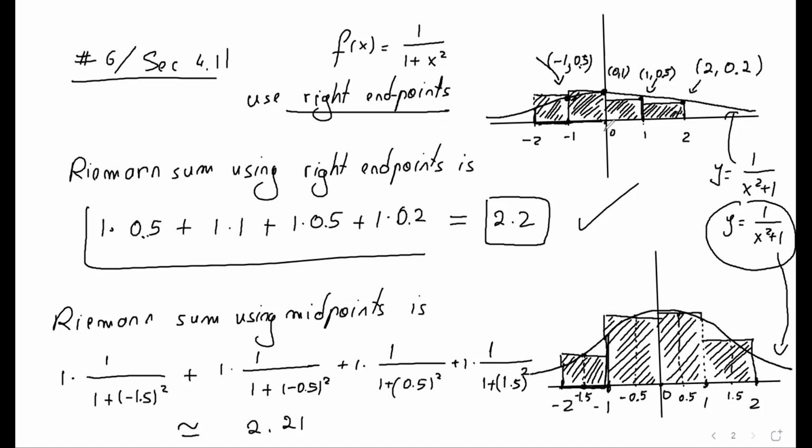but they gave us 1 here to make our calculations easy. All right, so the next part of the question says, improve your estimates in part B by using 8 rectangles. So I'm going to do the exact same things that we did up to this point, but instead of 4 rectangles, I'm going to use 8 rectangles, all of them between -2 and 2. I'm going to show you what that looks like, and we'll do the calculation with Desmos because it gets really messy. So for part C,